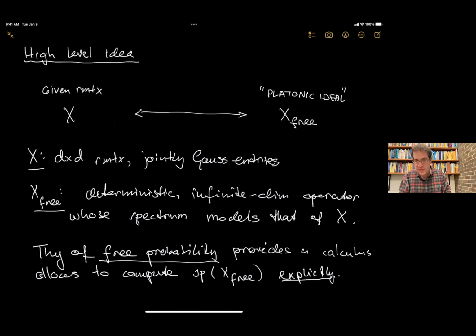What you do is you take this D by D matrix. Every entry is Gaussian, a scalar Gaussian. But what you can do is you can form a new random matrix where I replace every entry of this D by D matrix by an N by N Wigner matrix with the same mean and covariance as the original matrix. So now you get a matrix of dimension D times N, right? Because you replaced every scalar entry of the original matrix by a block, by a Wigner block. And if you take the size of the blocks going to infinity, then it is known that the spectrum of those new random matrices will converge to the spectrum of this X free, which is a known object in free probability theory.